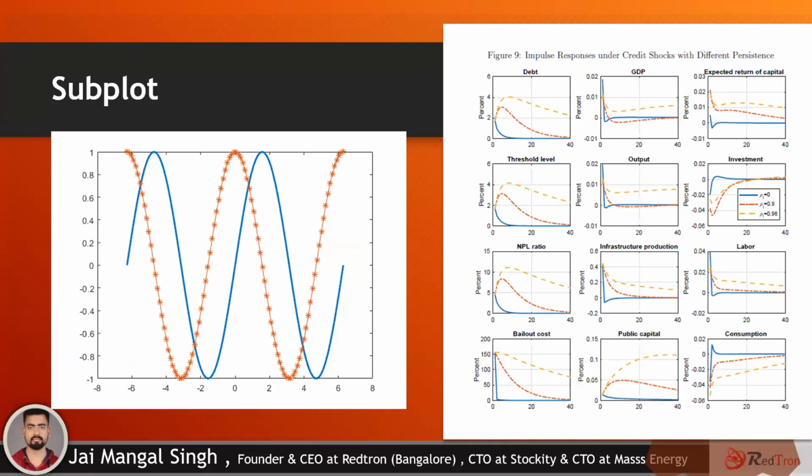But on the other, if you look, it contains a lot of graphs, right? That we can do with the help of subplot. Subplot basically gives you a feature in which you can divide the entire graph paper into smaller sections for figures, where you can plot an individual or custom graph on that segment or quadrant. So that is the main purpose of using subplot. Generally subplot is used where you want to do a comparative analysis over different parameters.